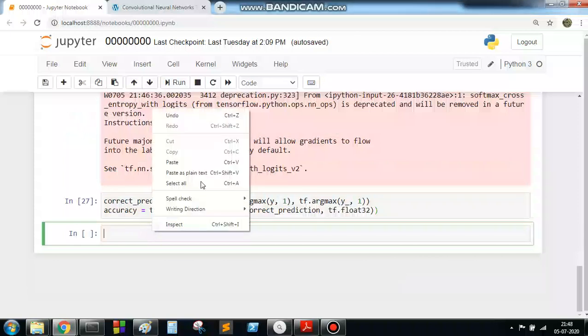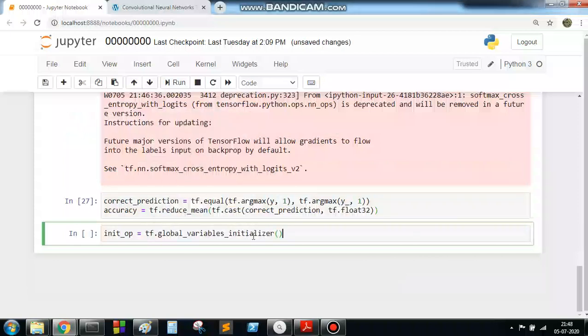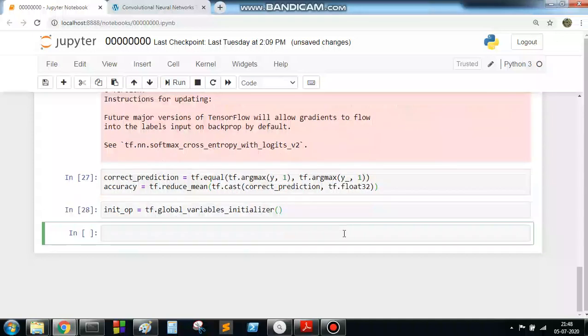Let's set the initialization, the global variable initializer. This is a must to proceed in TensorFlow. Now we need to store the recording value. We set up storing the recording of our accuracy, all those things, in a particular folder in our drive.